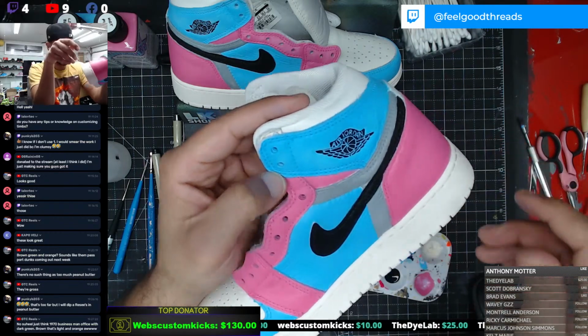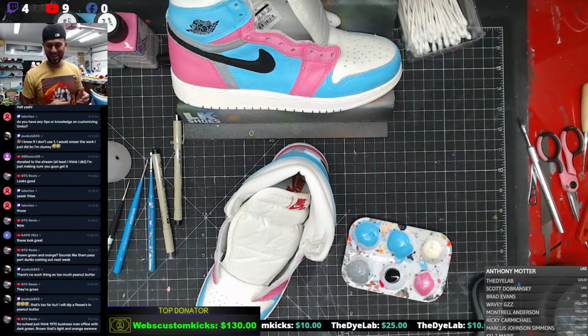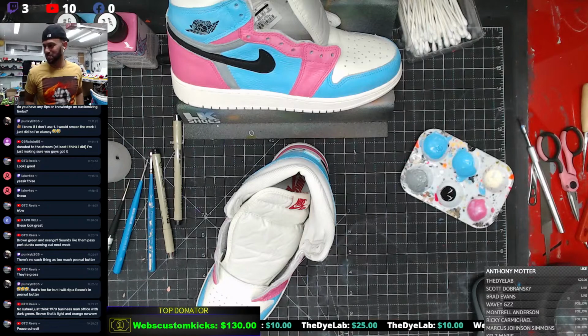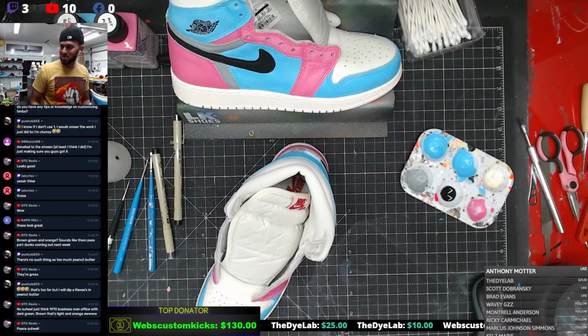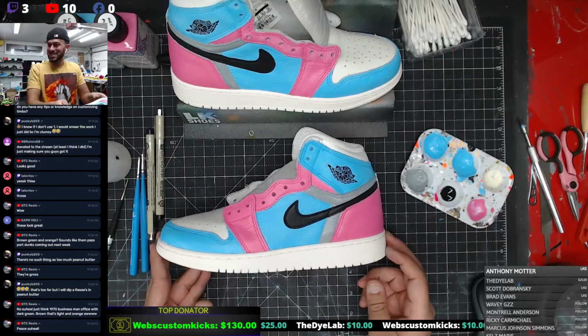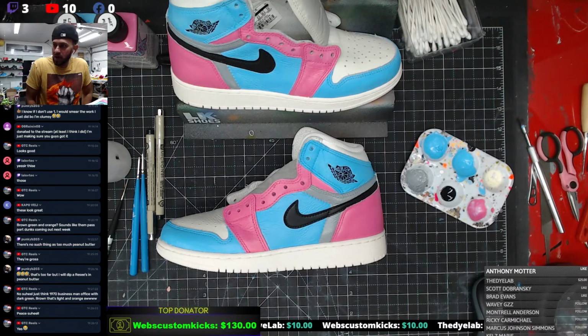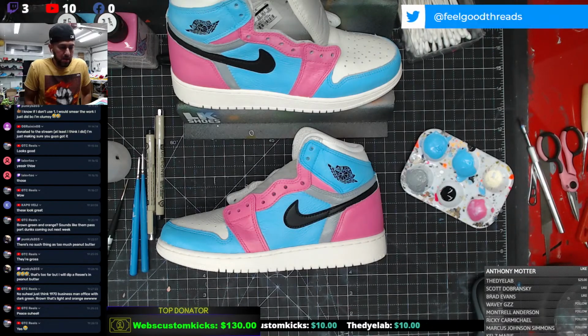I just read your comment, Graham. It reminds me of Ron Burgundy smoking a cigarette with a brown, orange, and green plaid suit or something. You know what I mean? So tell me what you guys think. Do you guys like the colorway? He chose the colorway. I think it reminds me of the Miami City jerseys a little bit. So when I finish these bad boys up, I'll show you guys the final product,